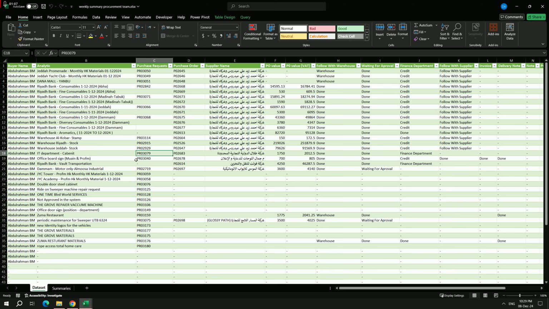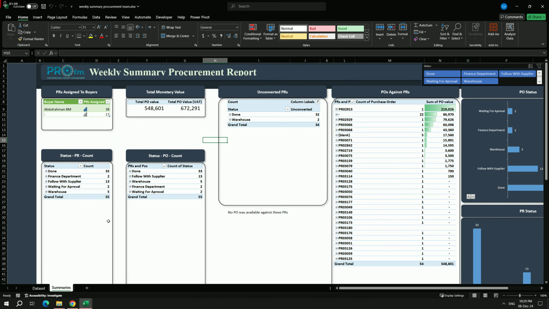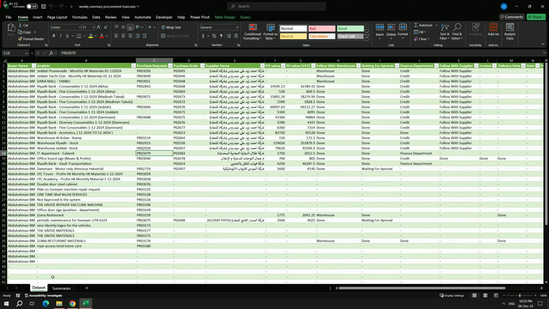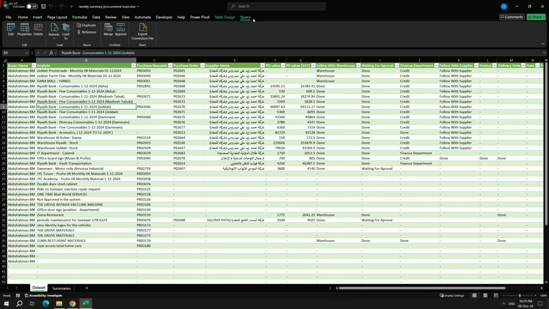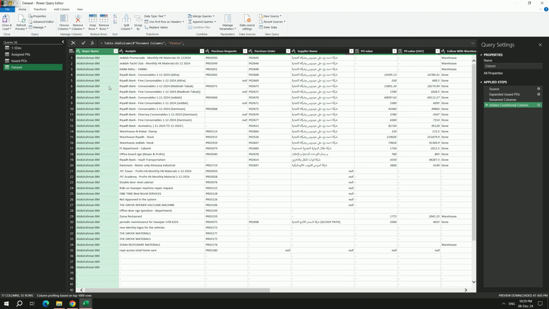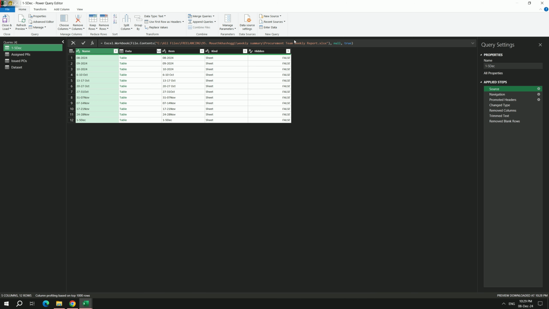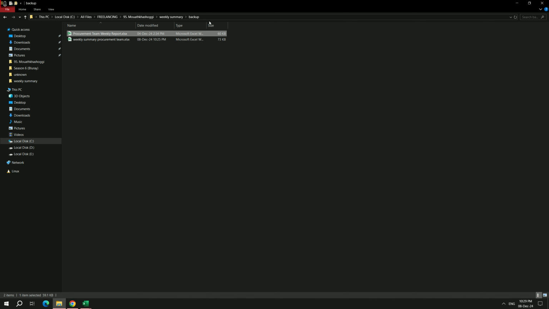First you will go into this summary file that I have given you. Go to this data set sheet, go to query and hit edit. So for this query over here, 1 to 5 December, you will move over here, go to source, and you can see that this is the file path. We want to change it. This is referencing from weekly summary, but right now I'm in the backup